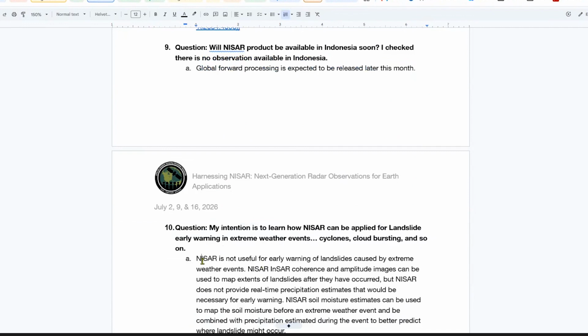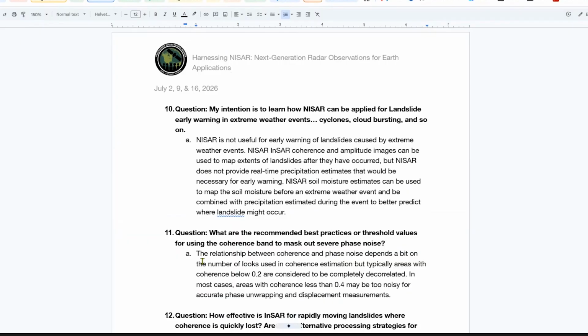Great. Question number 10. My intention is to learn how NISAR can be applied for landslide early warning in extreme weather events. So NISAR is not going to be useful for early warning of landslides caused by extreme weather events. The NISAR InSAR coherence and amplitude images can be used to map the extensive landslides after they have occurred, but NISAR does not have any way to provide real-time precipitation estimates that would be necessary for early warning of landslides